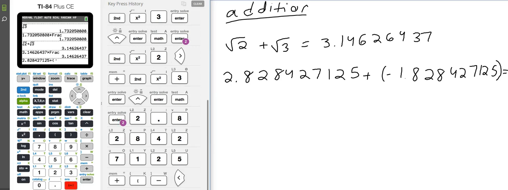The one on the bottom, that's the negative sign. The other one is a minus sign. So even though a negative and minus are really the same thing, we have to use the negative sign when we're adding a negative number, and we use the minus sign when we're subtracting two numbers. So we're adding negative 1.828